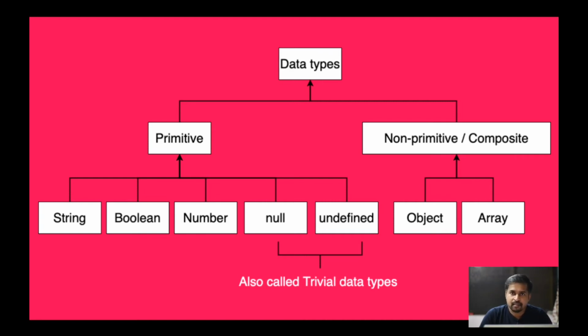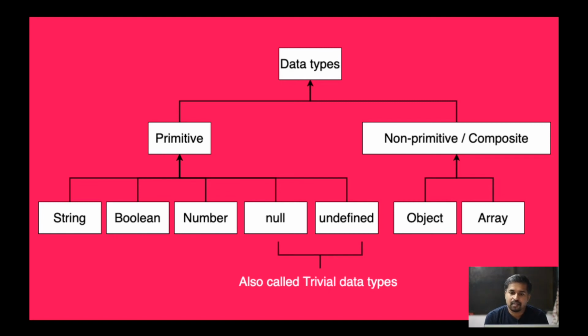The last two, that is null and undefined, sound quite similar, right? But if we talk about undefined, let us consider a case where you have declared a variable var age, but you have not given any value to it. In that case, JavaScript will by itself give it a value of undefined. Now let's consider a case where your variable can be optional. It either can contain a value or it might have a missing value. In the case of a missing value, when you would like to explicitly give a non-existence of value, you provide null. Undefined is implicit and null is something that a developer, that is you, has given explicitly. So this is the main difference between null and undefined.